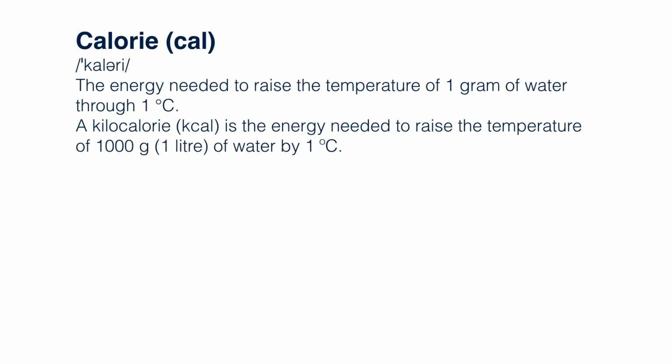To understand anything about energy in food, we need to take two common units of measurement. The calorie, which is the energy needed to raise the temperature of 1 gram of water by 1 degree Celsius. A kilocalorie is simply the energy needed to raise the temperature of 1,000 grams, or 1 litre of water, by 1 degree Celsius. The other term, and the one used more in New Zealand, at least in professional circles, is